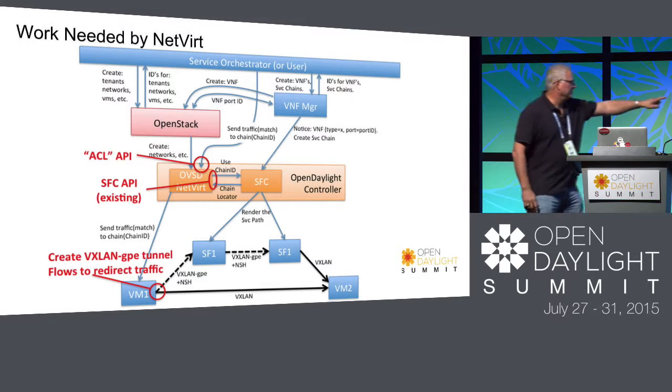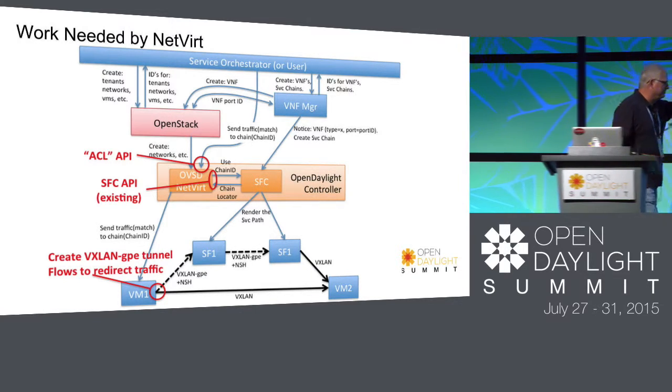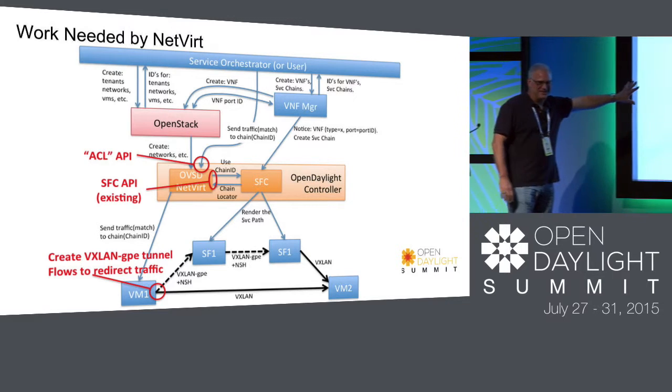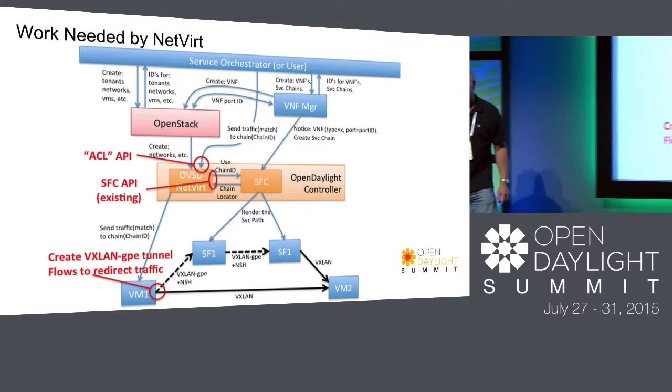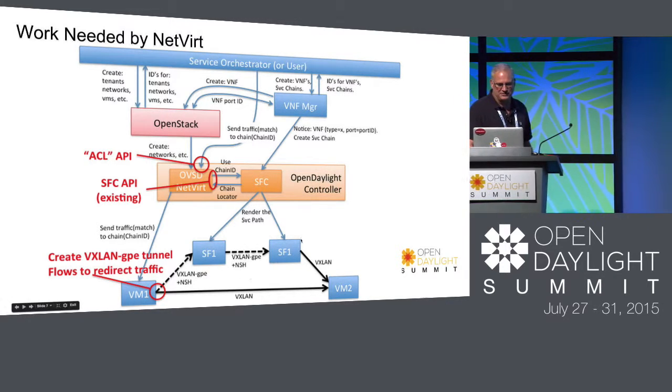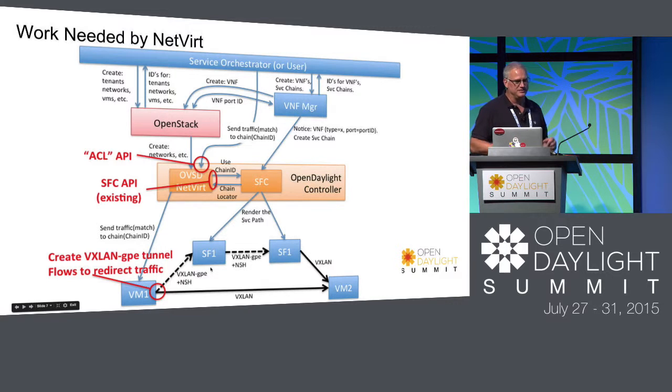Yeah, the service function. I didn't draw it. This is a drastically simplified diagram, but this SF would actually be attached to what's called a service function forwarder, SFF, which is an OVS switch that can deal with the network service header. And everything's forwarded through